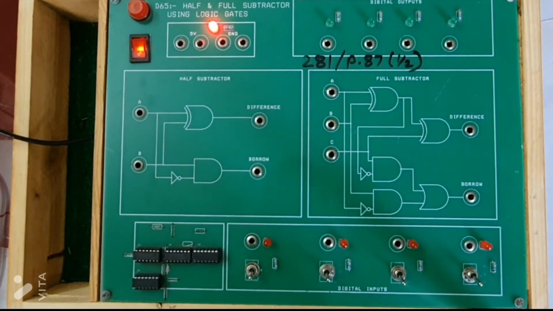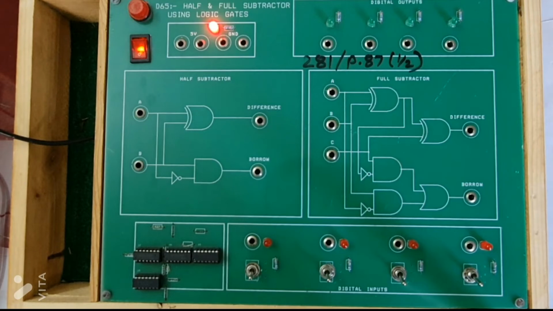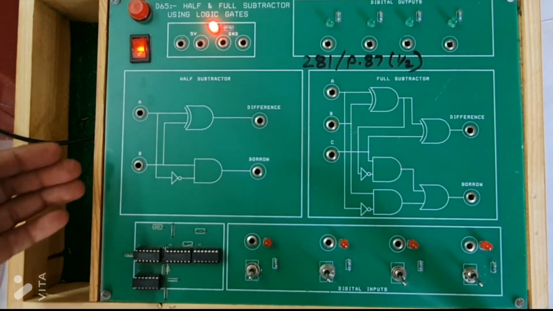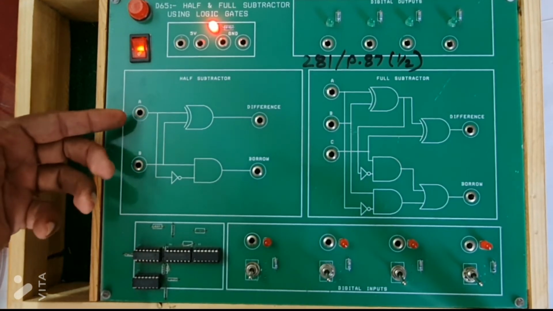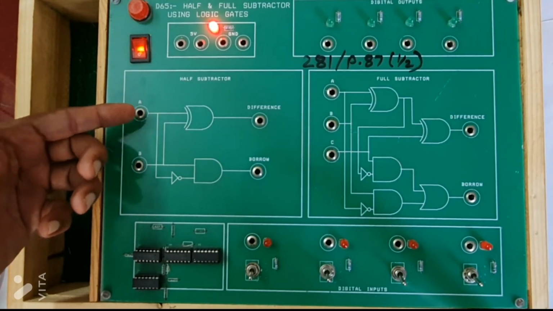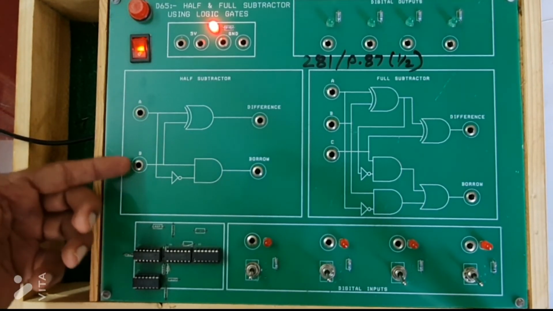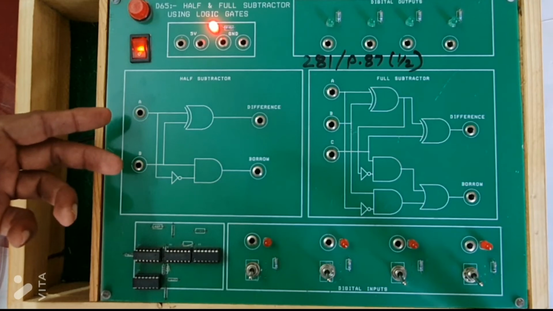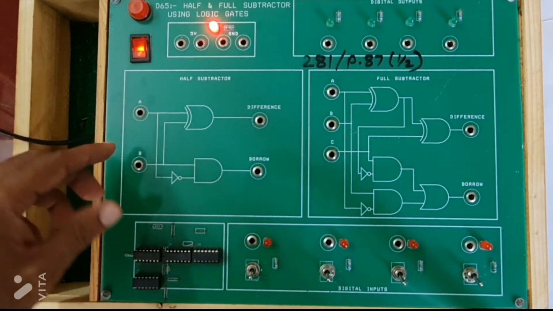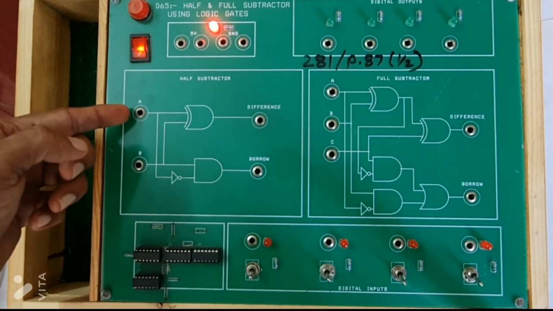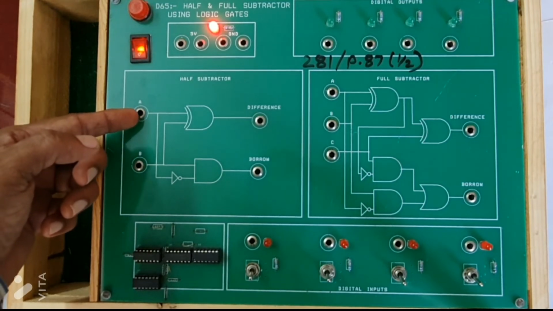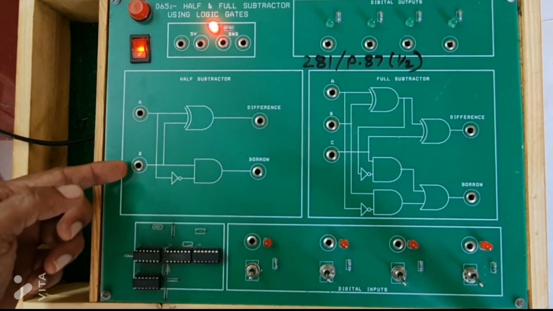Now we will be studying half subtractor. In a half subtractor, this is a single bit input A and single bit input B. So with two single bit inputs, we can perform subtraction operation. So when both the input A and input B are 0,